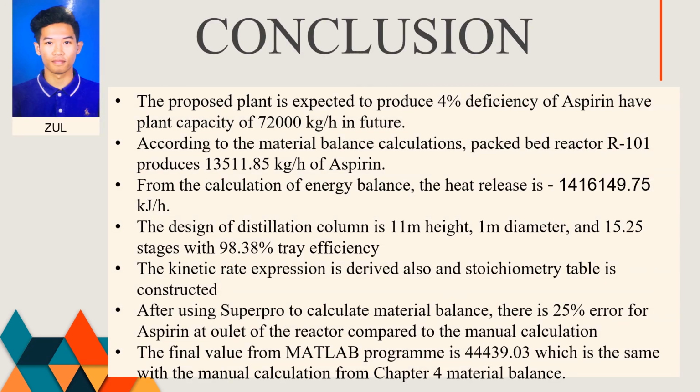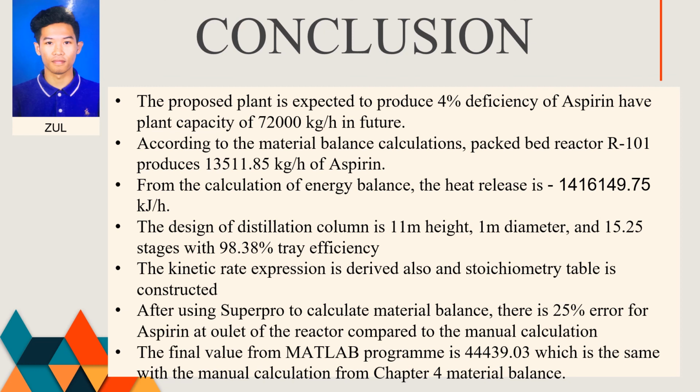Conclusion. The proposed plant is expected to produce 4% efficiency of aspirin, and have a plant capacity of 72,000 kg per hour in future. According to the material balance calculation, the plant produced 13,511.85 kg per hour of aspirin. From the calculation of energy balance, the heat release is negative 1416149.75 kJ per hour. The design of the distillation column is 11 meter height, 1 meter diameter, and 15.25 stages